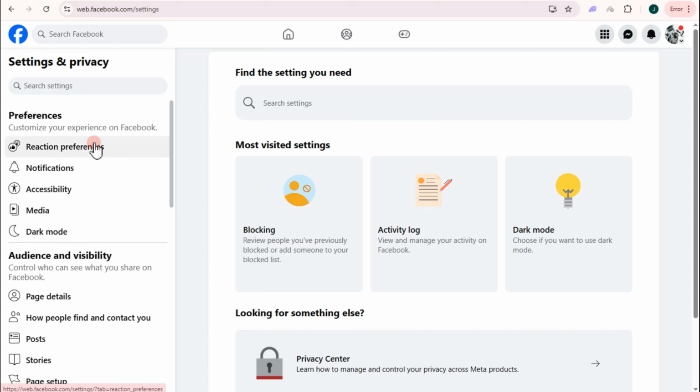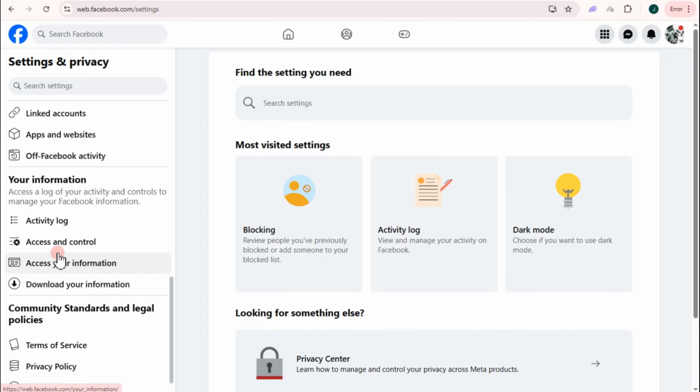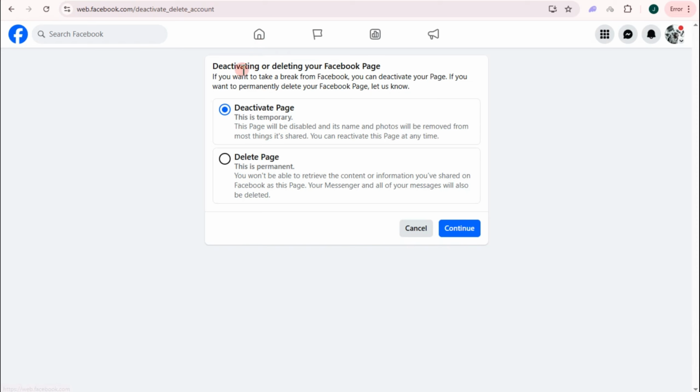On Settings, you have to scroll down, and then this time you have to look for Access and Control. So that is under Your Information. Tap on Access and Control, and then you should see two options right here, that is the activate page or delete page. So our tutorial is all about how to delete a business page in Facebook. You have to tap the second option, and then after that what you're going to do next is tap on